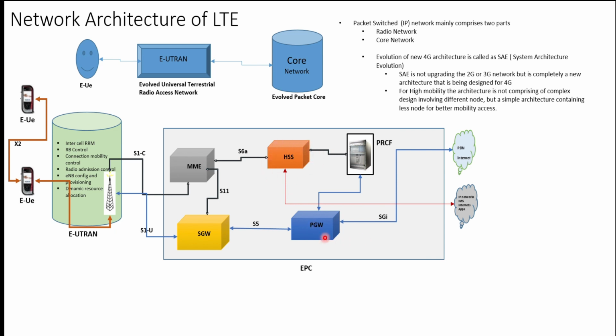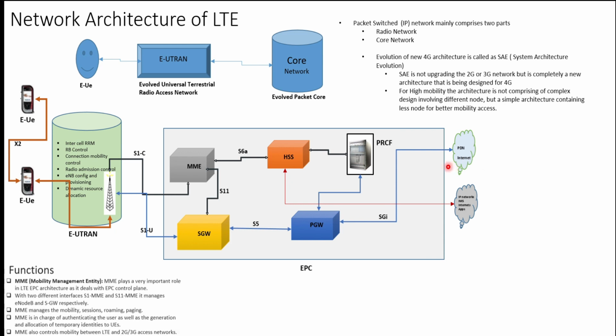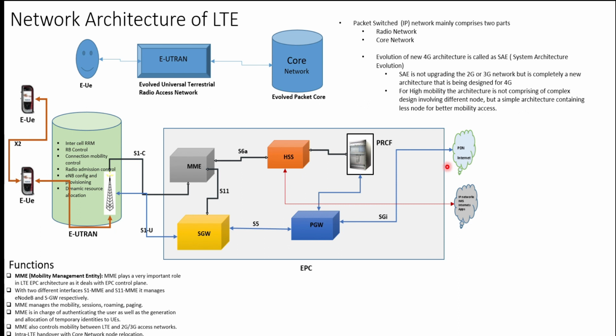And in turn they are again connected to your IP network, that is your IMS, which is mainly responsible for handling voice calls, and it is connected to a PDN gateway for accessing the internet, and the PDN gateway in turn is connected to different DNS servers. So whenever a query happens from the user to access any application, the flow is like this, and it gets to your external internet gateway where the different DNS servers are connected, and the desired result is achieved.